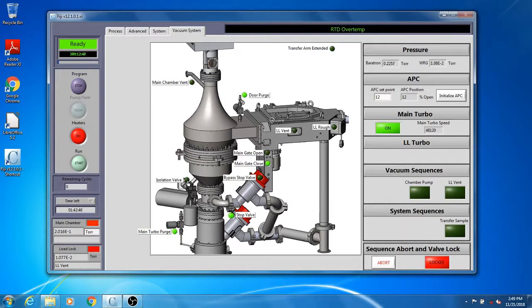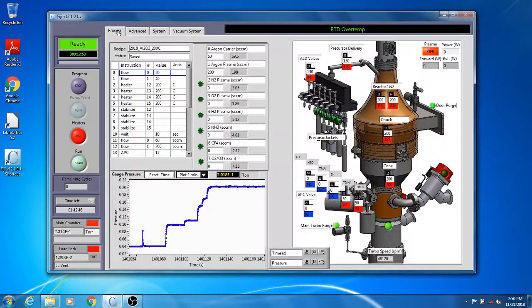Go to the Process tab and check the temperature of heaters 12, 13, 14, and 15. Heater 15 is for the chuck heater. These are the temperatures at which the deposition will be performed. Right now, the temperature is set at 200 C. If you want to deposit at a higher or lower temperature than 200 C, please increase or decrease the temperature after logging into the tool to save the usage time within your reserved time.